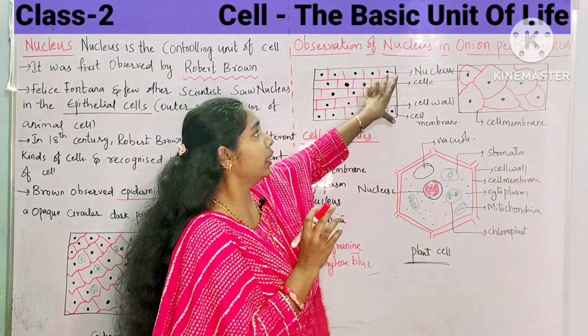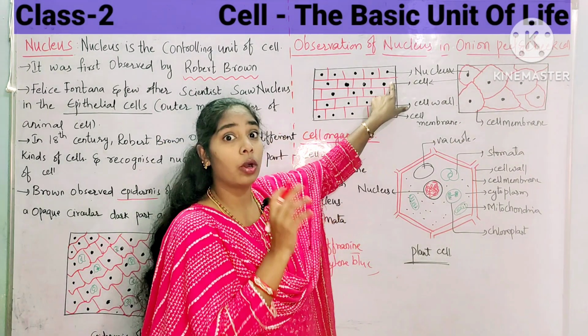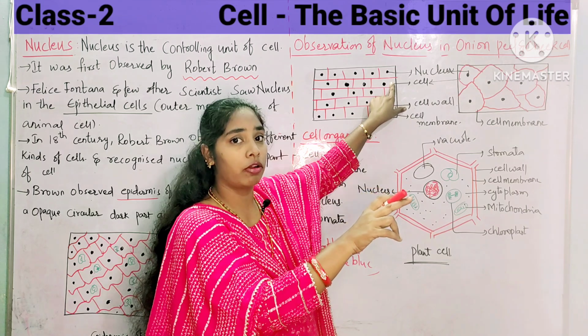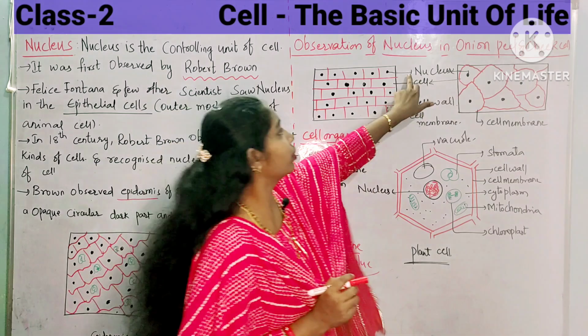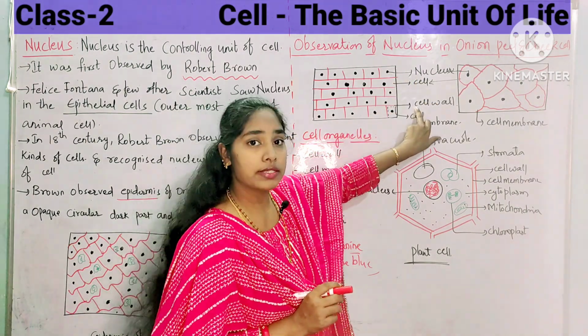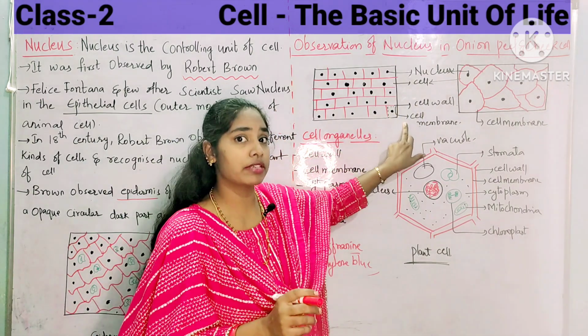But for our idea, each cell contains a nucleus, and this is an onion peel, meaning it is a plant cell, so it is covered by a layer called the cell wall, and next to the cell wall will be the cell membrane. So here is a nucleus and this is a cell. Here is the cell wall, and next to the cell wall,